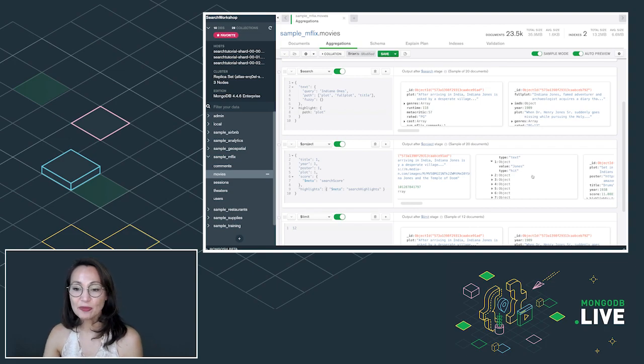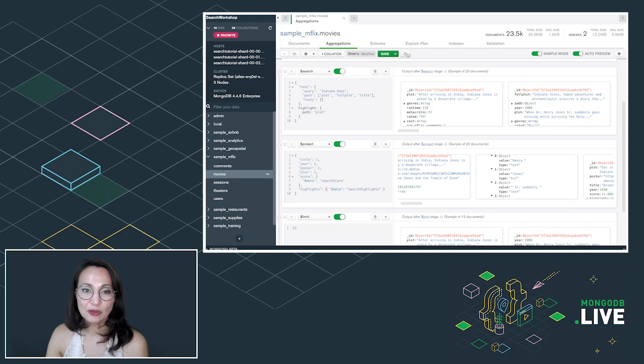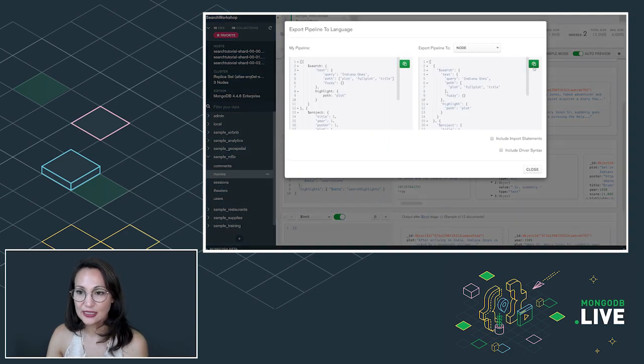The interesting thing to me as a front-end developer is that I can look to see if it's a text or a hit. If it's a hit, I can just highlight it or make it bold. And if it's a text, I don't have to. So with that, now that I know this aggregation works, let's grab the code just like Brian did. This is all he had to do.